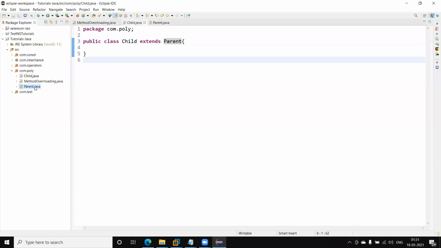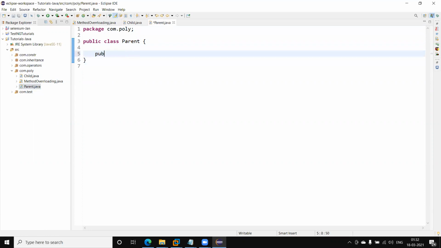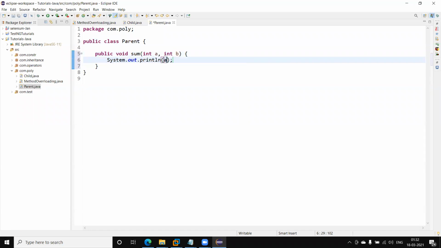Okay, now here I have two classes, one is the parent class and one is the child class. In the case of function overriding, we require one parent class and one child class. We can override the parent class method in the child class. It means we will create the same method name in the child class, like here is a sum method with integer a, integer b, returning a plus b.